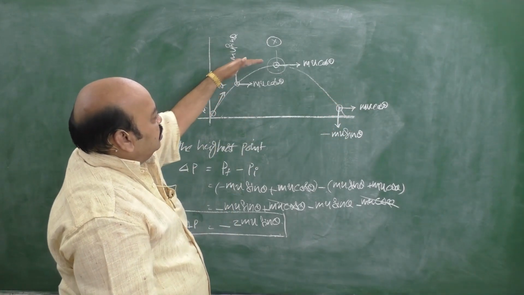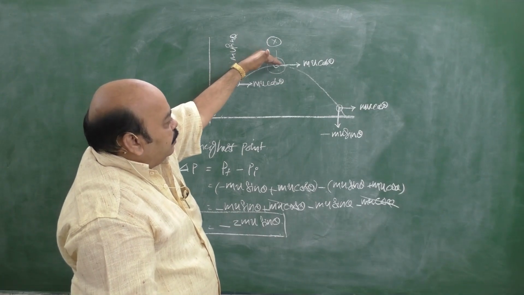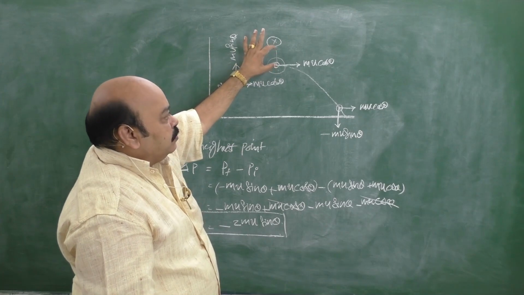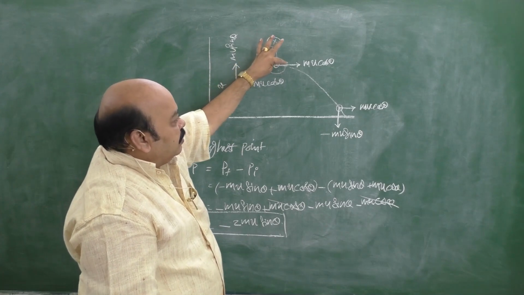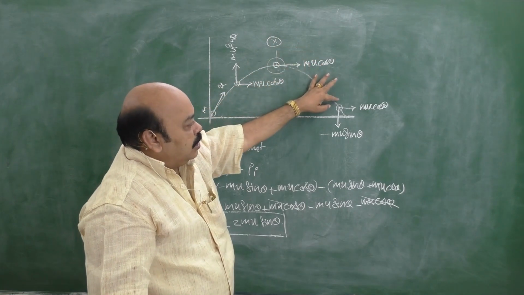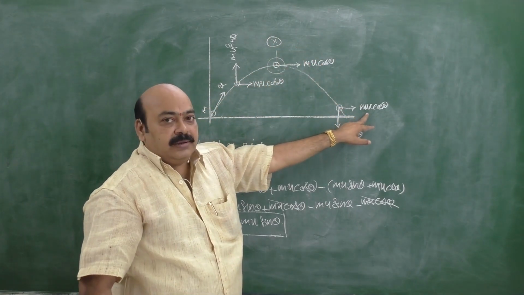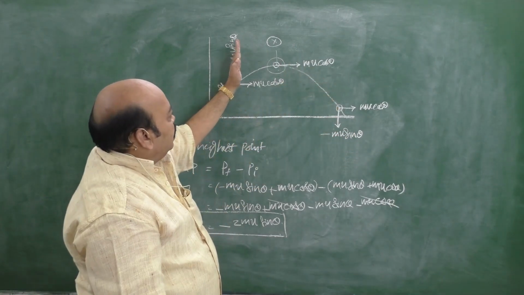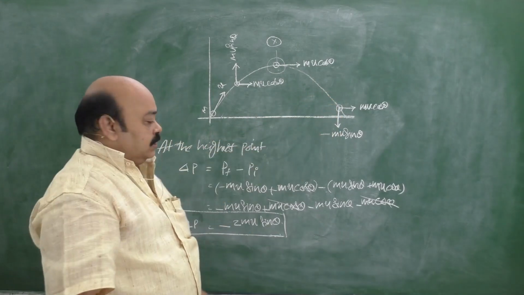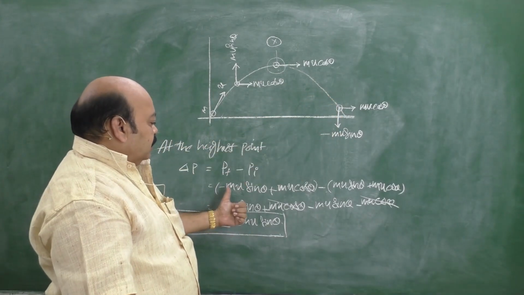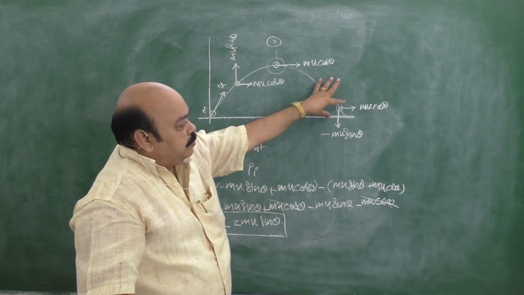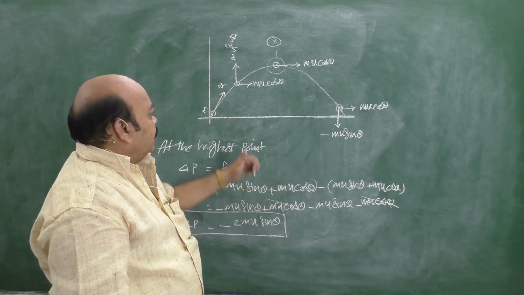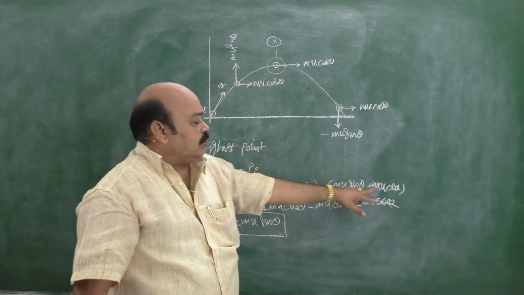Observe, while resolving the momentum into two rectangular components, here the arrow mark is upwards because it is ascending. After this, what happened? Its vertical component of velocity, hence momentum, becomes 0, whereas its horizontal velocity continues the same. Here also it has mu cos theta, the horizontal component the same, but the vertical component of velocity gets reversed. Here it is vertically upwards, here it is vertically downwards. That is why final momentum is minus mu sin theta plus mu cos theta, and minus initial momentum, mu sin theta plus mu cos theta.